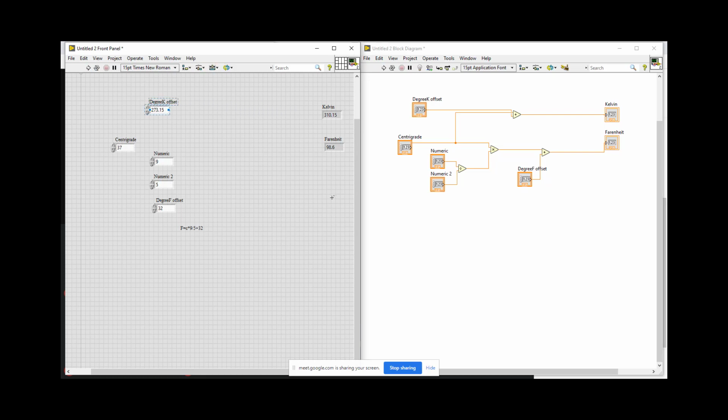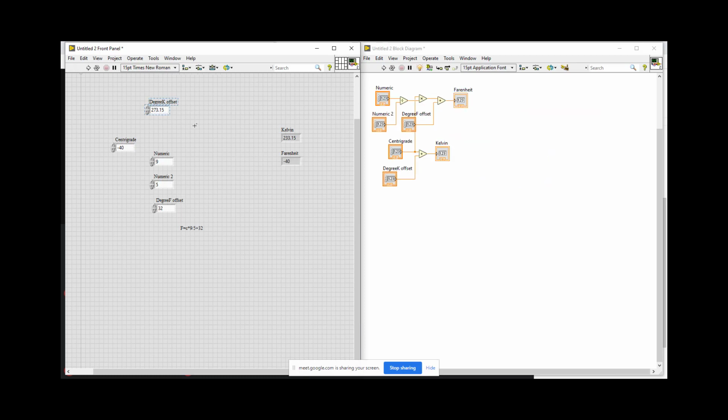So these are our outputs in Kelvin and Fahrenheit. Okay, so this is our full block diagram. And yes, now whenever we change anything, like we know that at minus 40 degrees Celsius, Fahrenheit and centigrade are equal. So right now I'm going to change it to minus 40 and check that our program works for that also or not. We can see that for minus 40 degrees Celsius, Fahrenheit is again minus 40. So we can assume that our program is working properly.